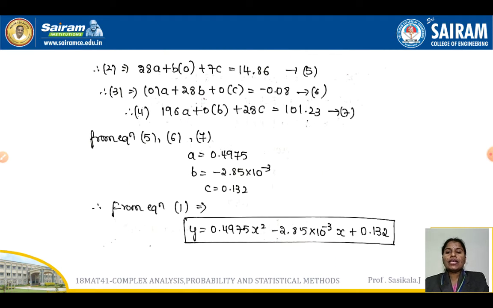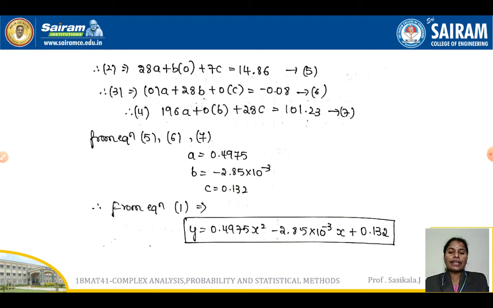Now substitute in equations 2, 3 and 4 what you got from the table values, and you will get equations 5, 6, 7. That means in those equations we have replaced the values and made them equations 5, 6, 7. To solve the equations, you can choose the calculator mode for equations with three unknowns. You can substitute all the values and you will get the answer. In the calculator it will show x, y, z, but here you are supposed to write a, b, c. So the answer of a, b, c is 0.4975 for the a value.